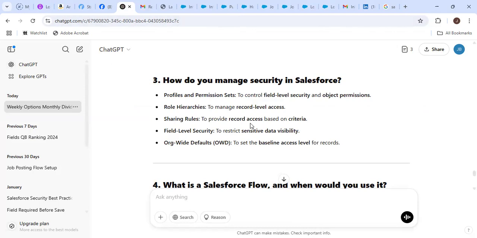Okay, let's see. What is a Salesforce flow and when would you use it? Answer that. You want to try it first, Happiness? Yeah. So a flow in Salesforce is an automation tool that helps to automate different business processes in the platform. And when would you use it? We'll use flow in automating business processes. For example, I'll say,